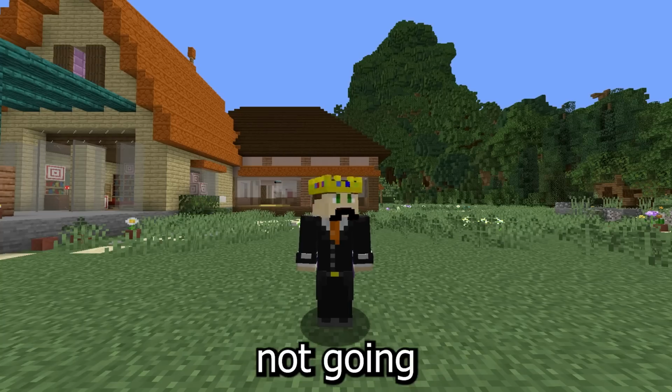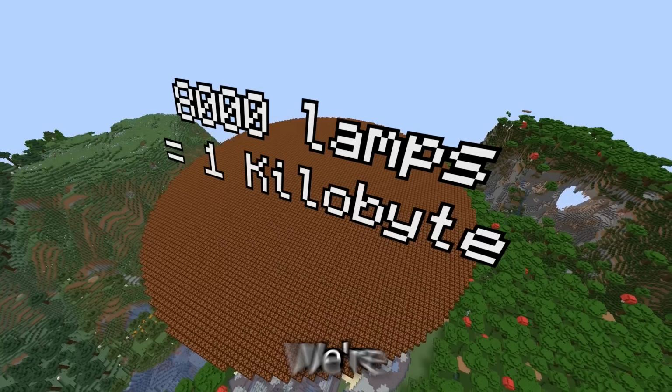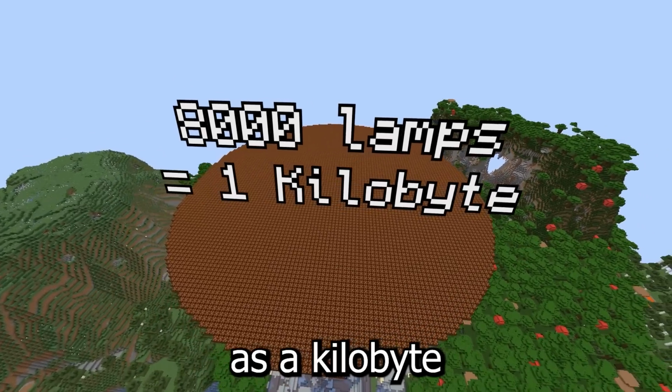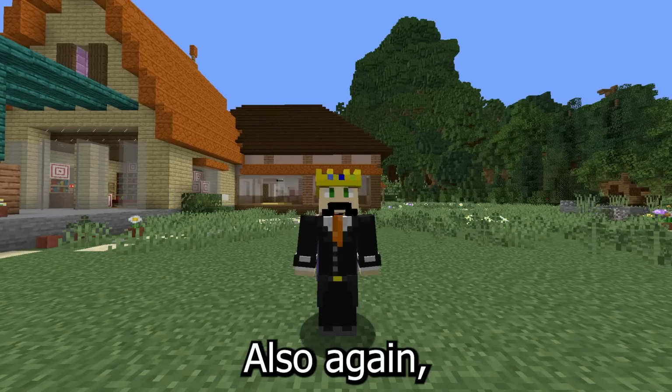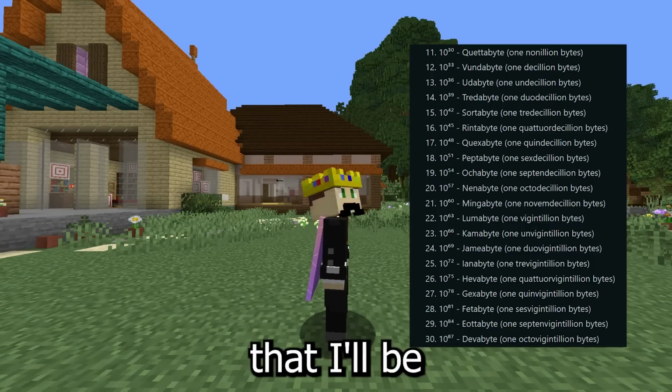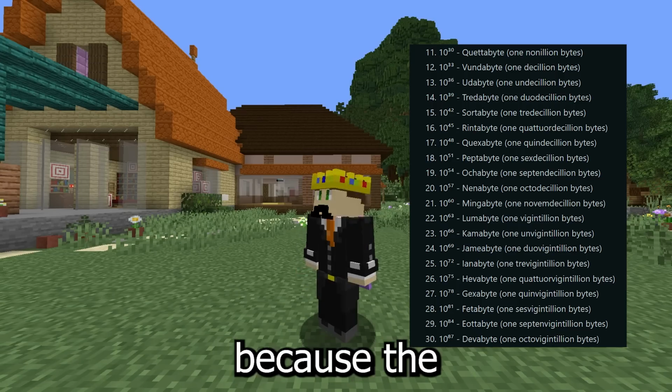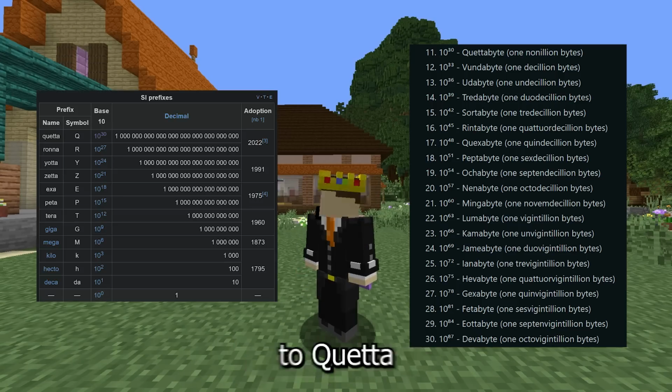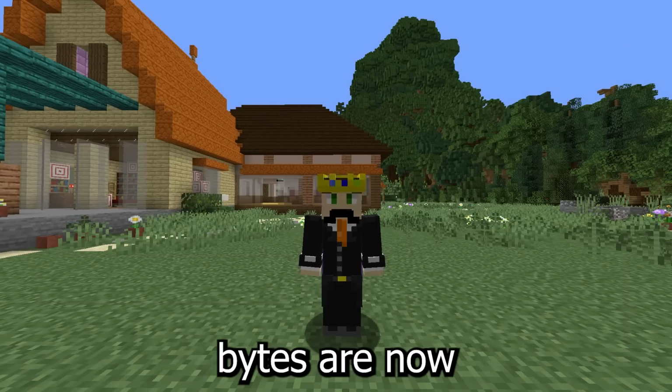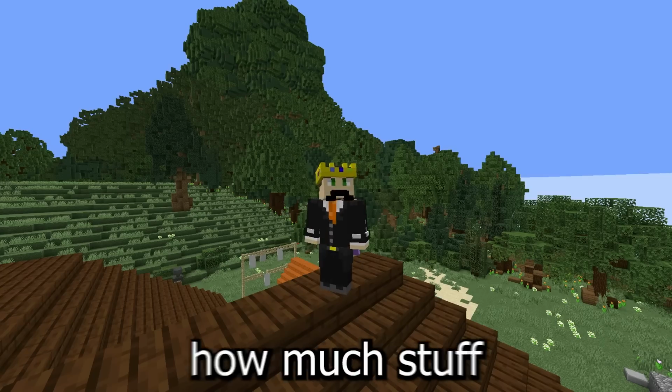Now, despite that, I'm not going to be using the binary counting system. We're just going to be displaying a kilobyte as a kilobyte, not a kibibyte. Also, again, unofficial SI prefixes here that I'll be using for bigger numbers because the official SI prefixes only go up to cutabyte. Okay, we know what bytes are now, so let's quickly go over how much stuff we can store